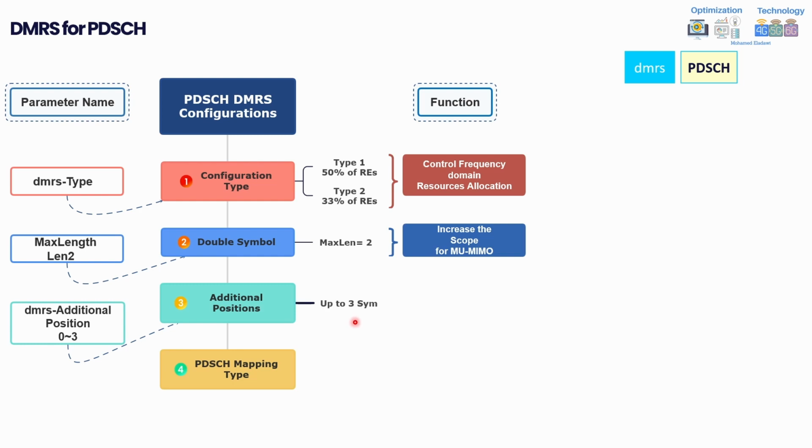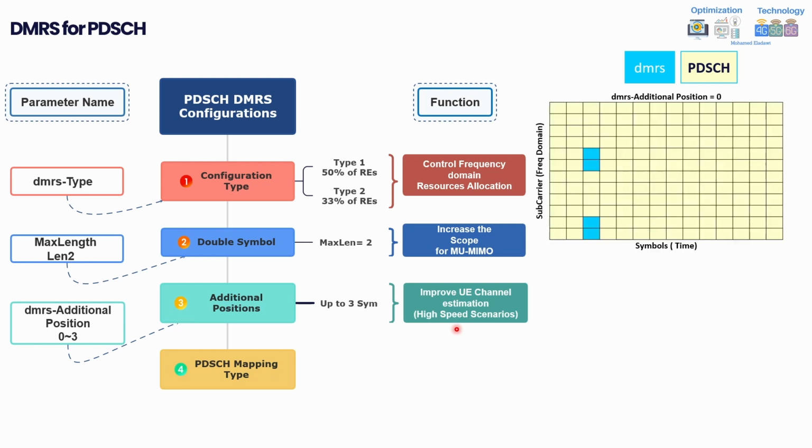Now, about the additional symbols. First of all, the maximum number of symbols you can have on top of one single symbol, additional positions, I mean, you can have up to 4 positions, meaning up to 4 symbols. By default, it's only one. You can have up to 4. So the coefficient from 0 to 3: 0 means 1, 1 means 2, 2 means 3, and 3 means 4, and so on. So this is also one of the parameters we have, and this is usually important to improve the channel estimation in high speed scenarios. What does it mean by high speed scenarios?